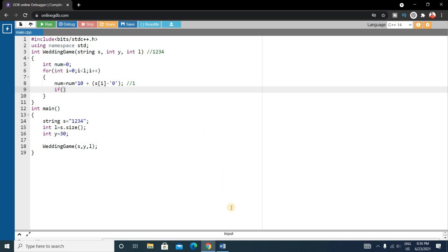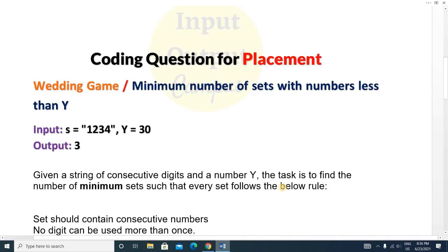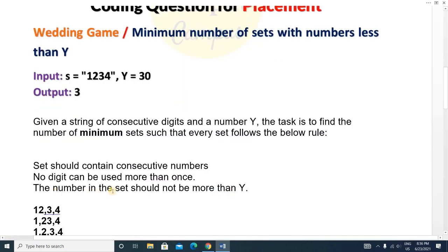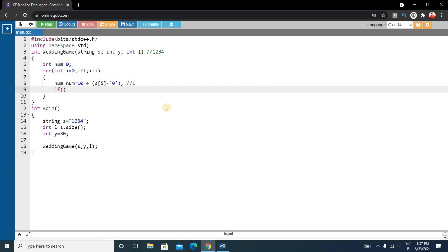So what was our condition? Here you can see our condition was the number in the set should not be more than y. The number in the set, that is 1, 2, 3, 4, should not be more than this y. So the number should be less than or equals to y. So for that we will write this condition here: if the number is less than or equals to